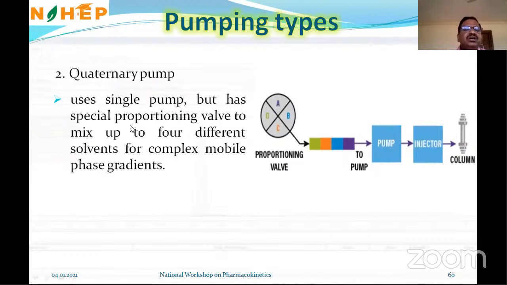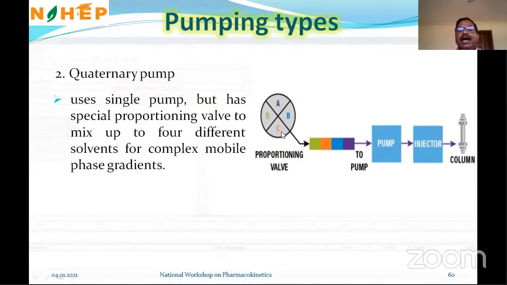Whereas the next one is the quaternary pump. This uses a single pump but has a special proportioning valve to mix up to 4 different solvents for a complex mobile phase gradient. Here you see this is the valve. We can change the valve proportion depending on the percentage of the mobile phase we want. Suppose we want water, that is buffer, at 50%, we can set that to 50%, and set the remaining mobile phase valves to the different required percentages. Here 25% of each